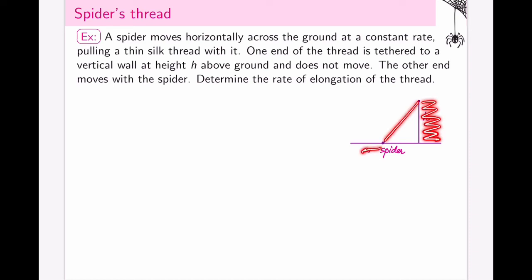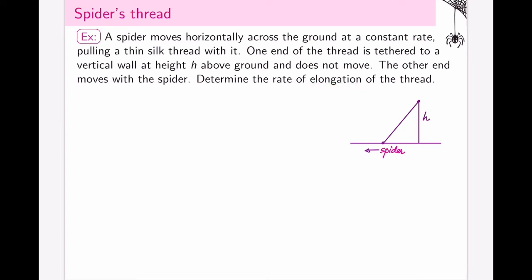And as the spider is walking, the thread keeps stretching. Okay, at some point it's going to break, but it's actually very stretchable. Now, this point does not move. The other end moves with the spider. Determine the rate of